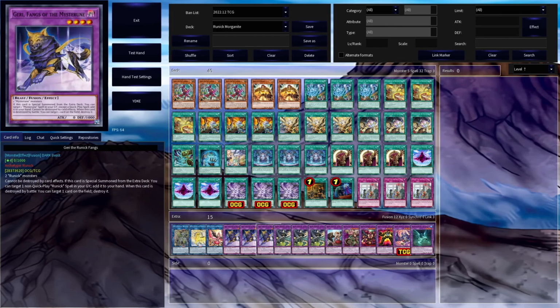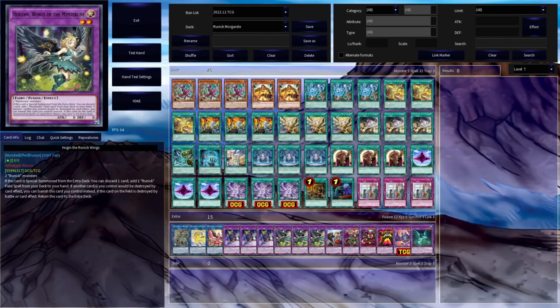As for what the fusions do, Gary can't be destroyed by card effects, and unless you recycle non-Quick-Play Runick spells, when destroyed by battle, you can destroy a card on the field. This is very nice for the grind game and for slowing your opponent down to stop them from just outright killing you. Then I'm running 3 Hugin, which is the way you search the field spell,